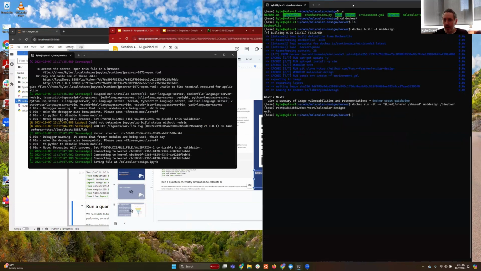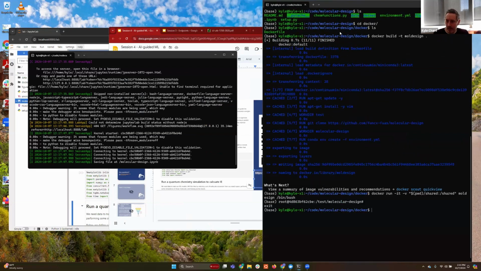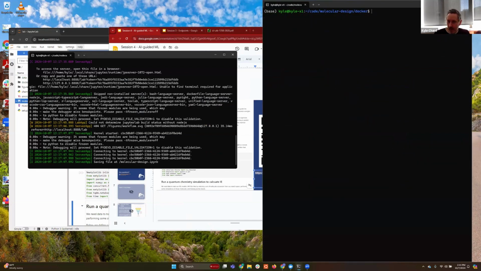So let's start with, okay. I was just testing this. Okay, so here we are. I've just cloned this repo. Everything is here. You'll see we have our notebook, and in here we have the Dockerfile. We have an environment.yaml, which